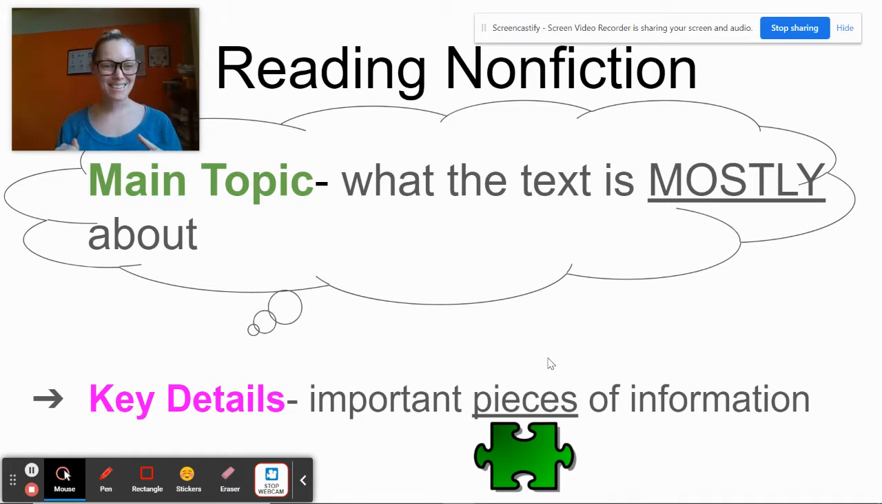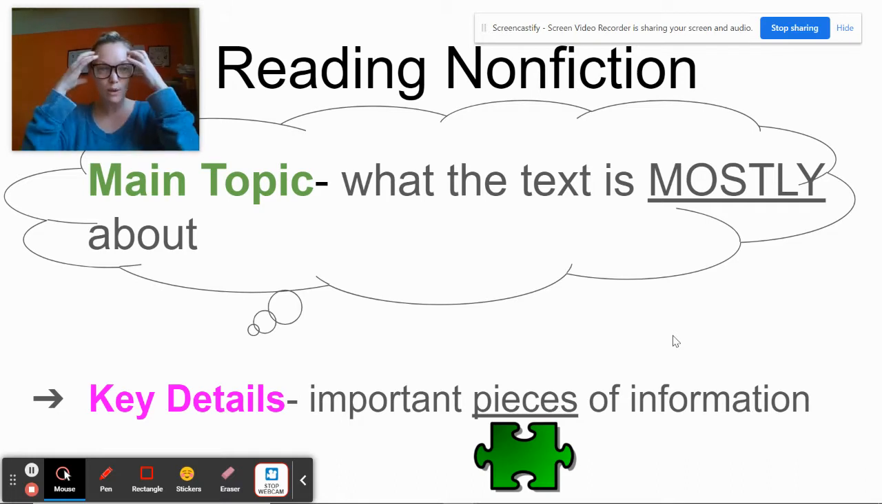Remember, main topic, repeat after me, and make sure you say it out loud, not just in your head. Main topic. What the text is mostly about. And then key details, repeat after me, key details. Important pieces of information. So we do this because when we read nonfiction or informational text, it gives us a